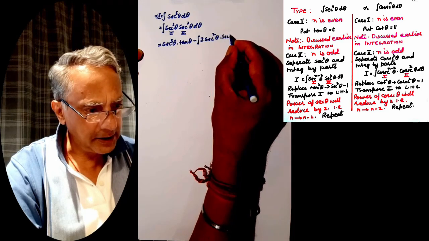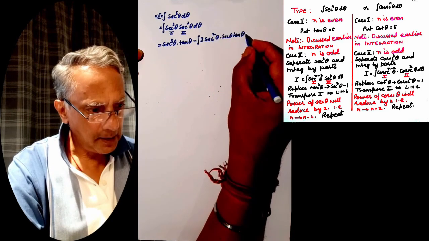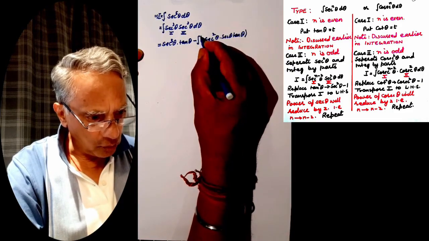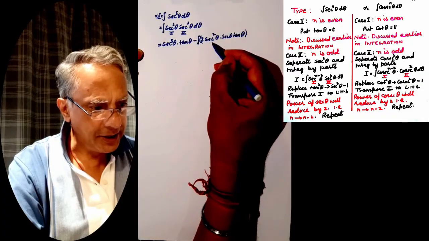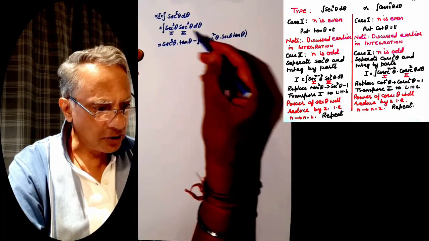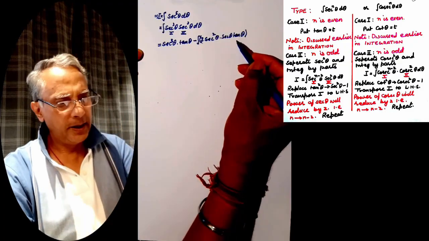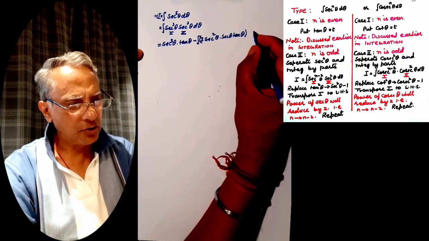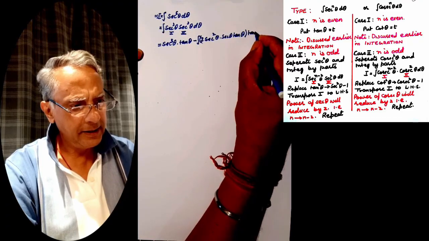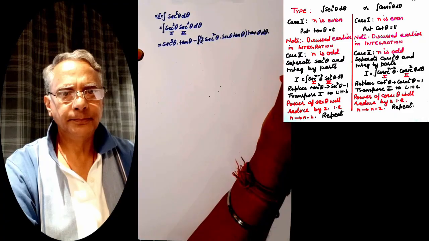So we get secant theta tangent theta. So minus integral of 3 secant square theta into secant theta tangent theta into integral of second function. Integration of secant square theta is tangent theta d theta,